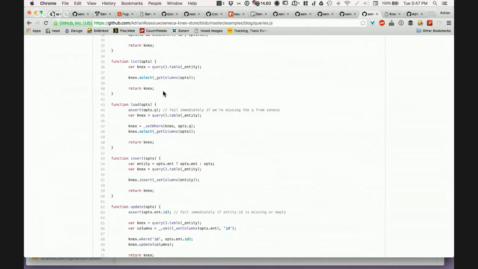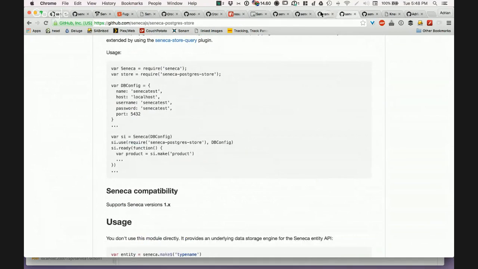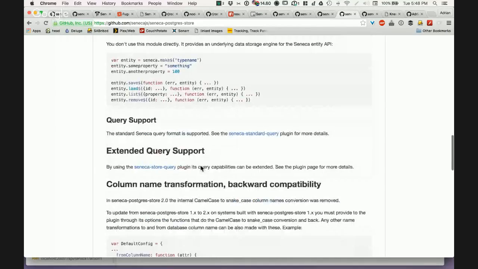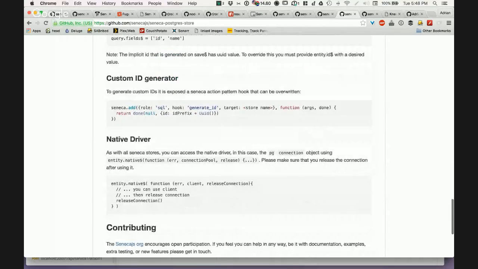The other thing that you can do is the Seneca entity stores have a native property, although it isn't universally supported. This native property allows you to basically get access directly to the driver, right? So the driver basically allows you to do a query against MySQL. You get the MySQL connection object, and you can do the db.sql, and you can actually write your own queries, which honestly is something that